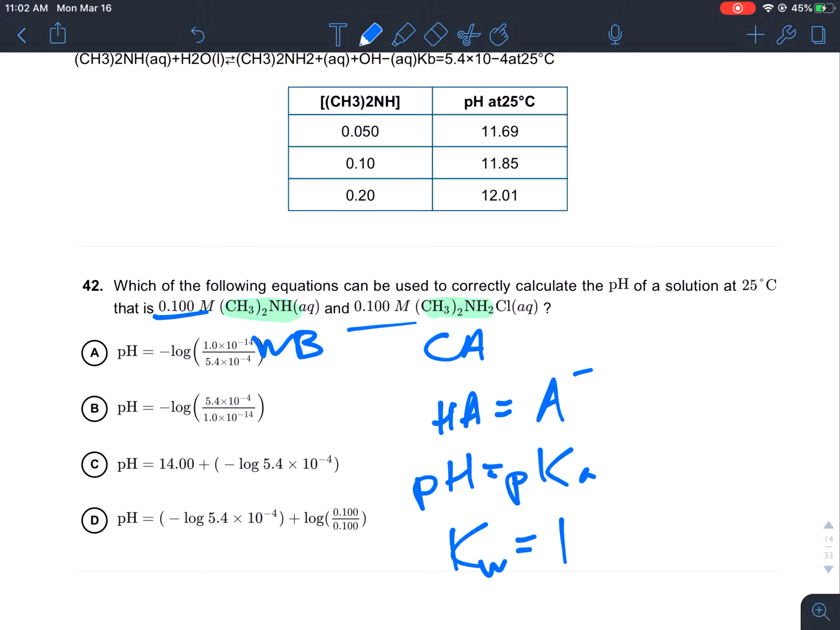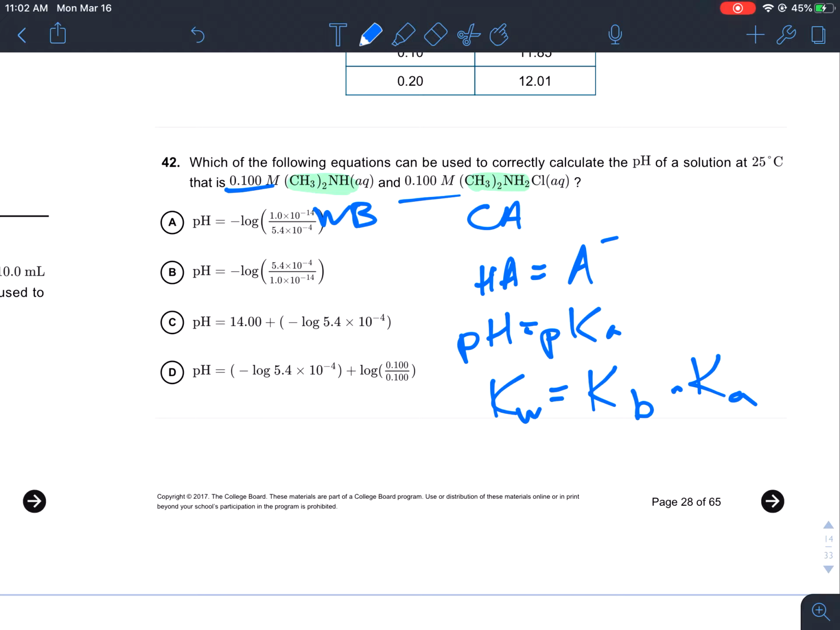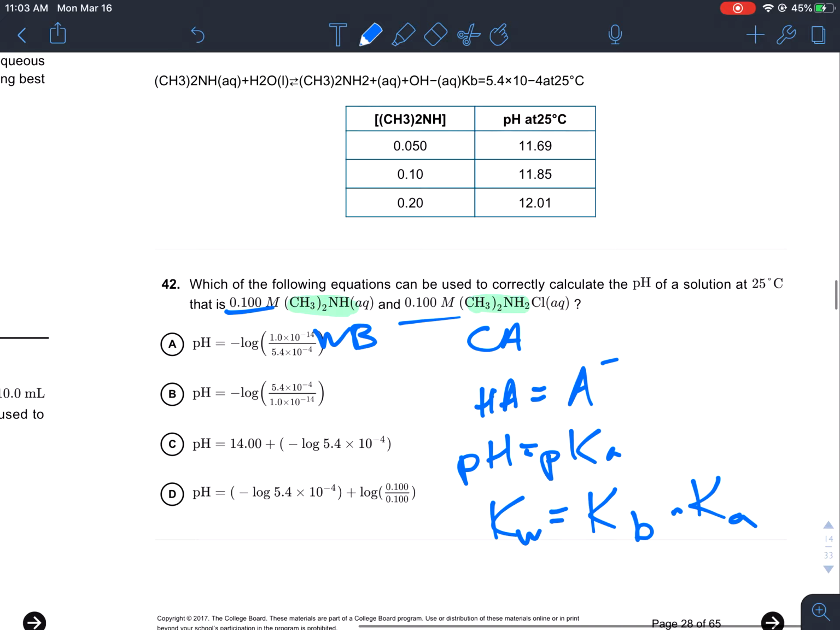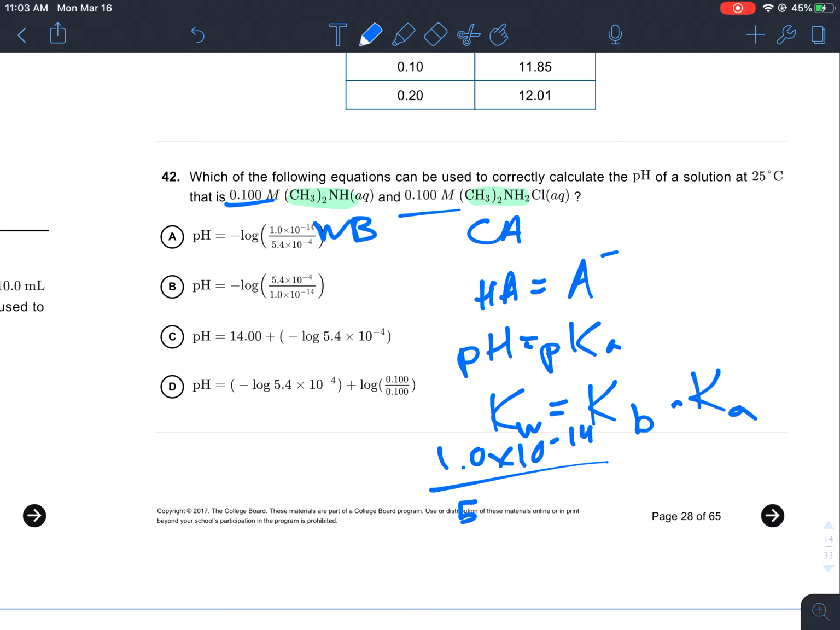Now, here's another thing. The Kw is equal to the Kb times the Ka. Given this information above here with that Kb, 1.0 times 10 to the negative 14 divided by that Kb, which is 5.4 times 10 to the negative 4, that will give you your Ka value. Now, we don't actually need to figure out that number, but I know that right here, I'm saying that the pH is equal to the pKa